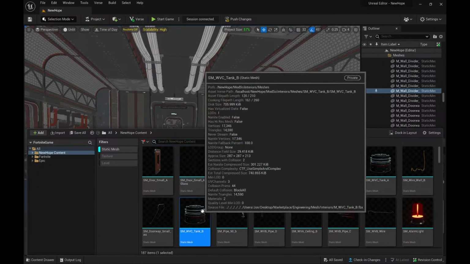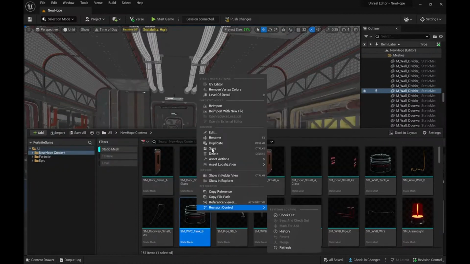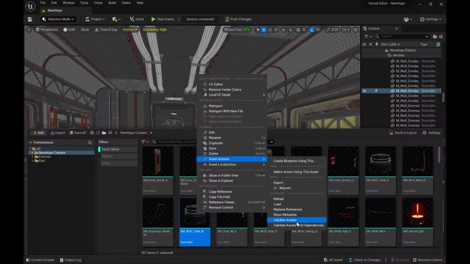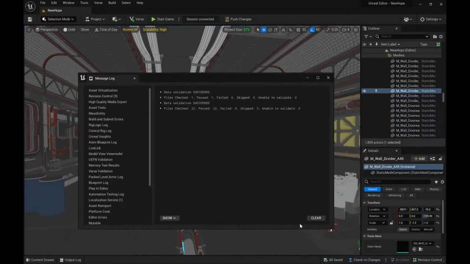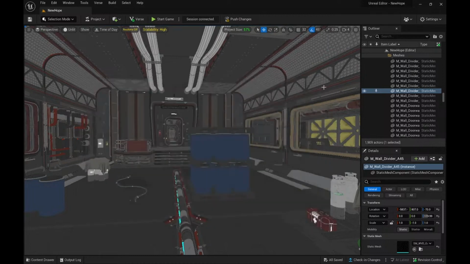So if you get an asset, and in this case it's a skeletal mesh, you right click on it and you go to asset actions, and down here you should have the validate asset, and you can also validate asset and dependencies. So whenever you bring stuff into UEFN, be sure that you validate everything, because you don't want to be losing a bunch of work, right? So last thing that I'm going to say today before we end this second part of this thing